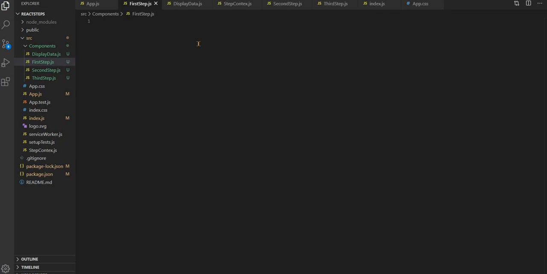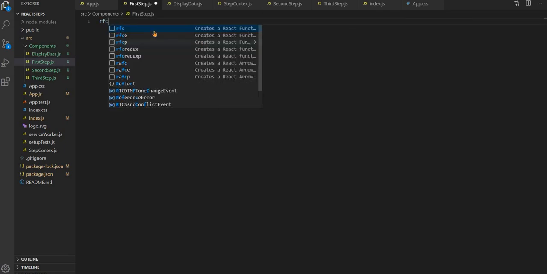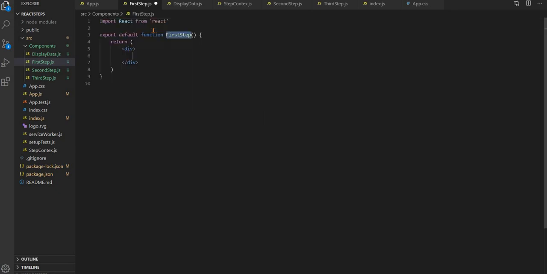Let's create the function component. So I have installed the snippet, so it will bring us the default component.